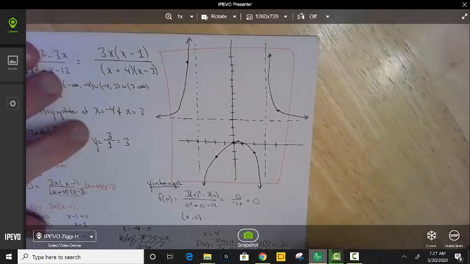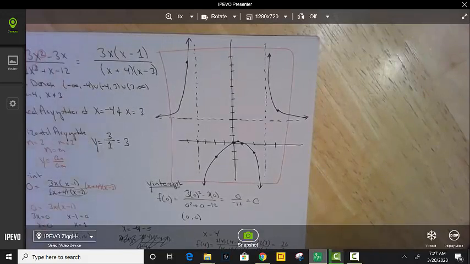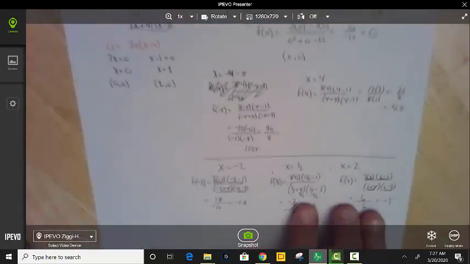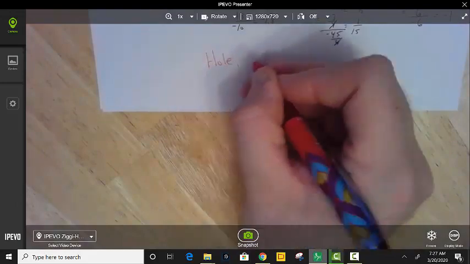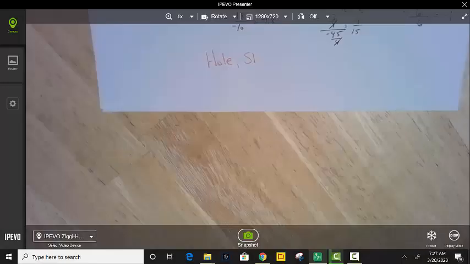Okay. All right. I'm going to stop this video here. There's going to be one more video for section 5.4, which is going to be graphing rational functions. In the last video, you're going to cover what do we do when we have holes, what do we do